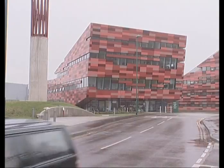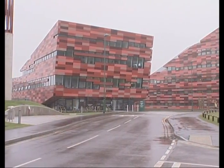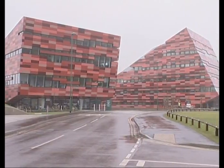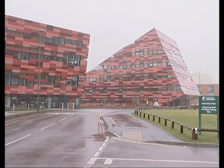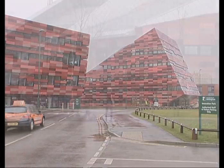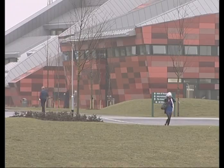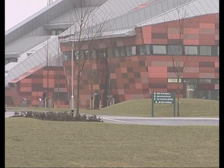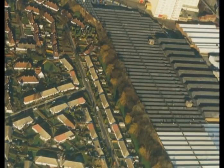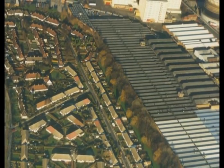The University of Nottingham's distinctive Jubilee campus, a development that is intended to demonstrate the university's commitment to exemplary standards of energy efficiency in its buildings. Located about a mile away from the main university and to the southwest of the city centre, the campus originally opened in 1999 on the site of Nottingham's famous Raleigh bicycle factory, a 7.5 hectare brownfield site housing a variety